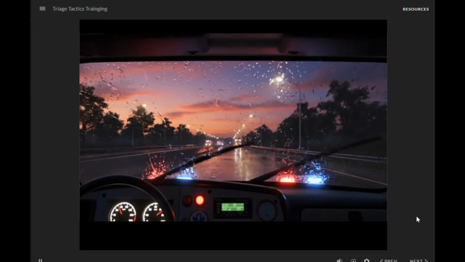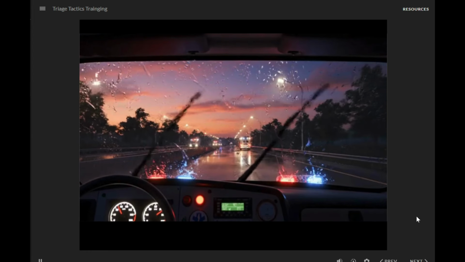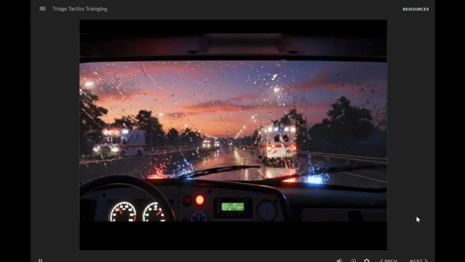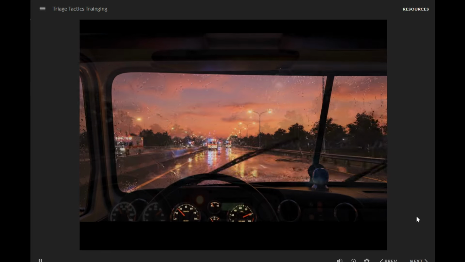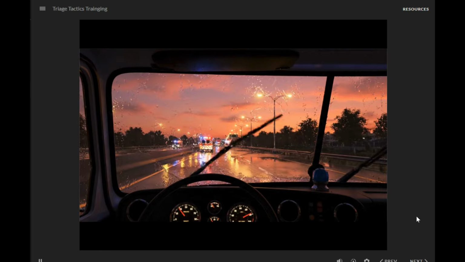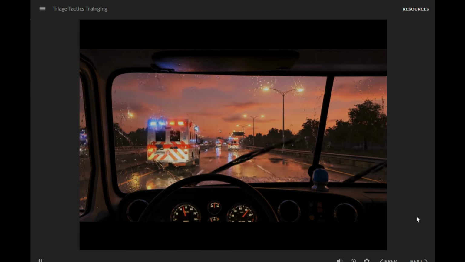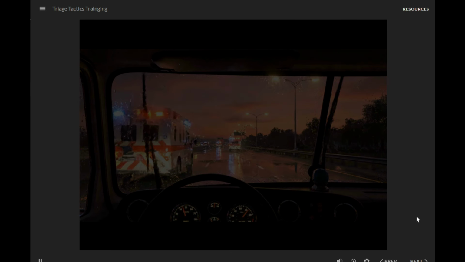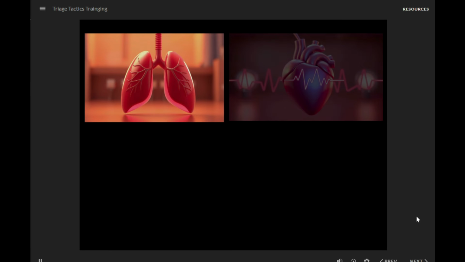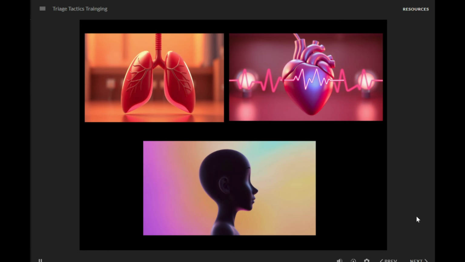All right, listen up. We're headed to a mass casualty incident on Highway 64. Multiple vehicle collision with unknown number of patients. When we arrive, we'll be using the START triage system. Simple triage and rapid treatment. START triage helps us quickly identify who needs immediate care and who can wait. We assess 3 things: respiration, perfusion, and mental status. The goal is 30 seconds or less per patient.